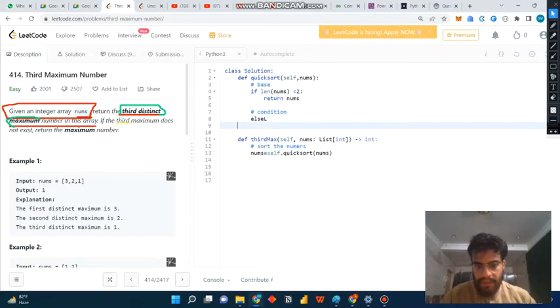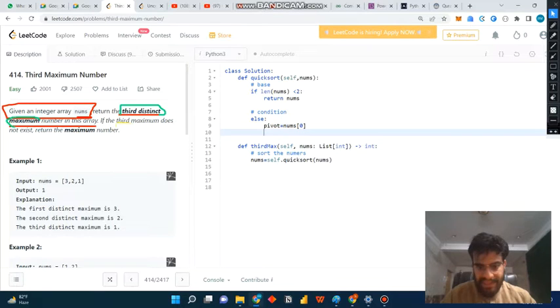Else, what we are going to do is assign a base, which is a pivot, and inside pivot I will put nums of 0. The first index, 0, will be our pivot, and then we will define a greater list. I will push the elements greater than the pivot to the left, in the middle we will have the pivot, and to the right we have less, and the pattern continues, and we will get the sorted array. So greater is equal to